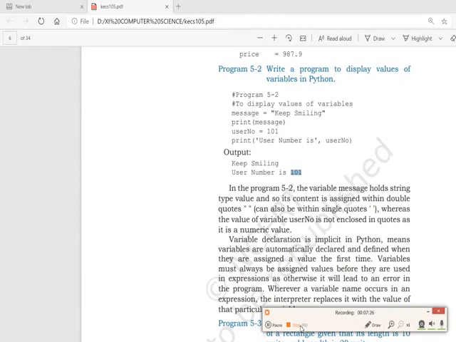So you would have understood the working of the print function with this example, that the print function simply prints things on the output, and when you are saying message, it understands that message is a variable, so it is printing its value.